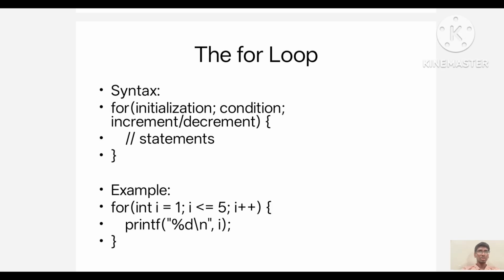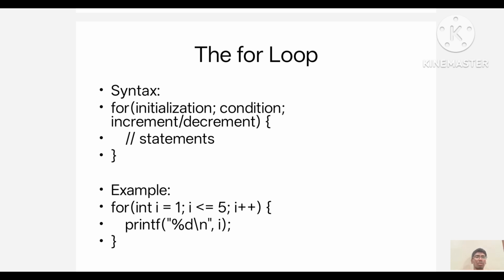The for loop is used when we know exactly how many times we want to repeat a block of code. It consists of three parts: initialization, condition, incrementation or decrementation. The syntax of the for loop is: for (initialization; condition; incrementation or decrementation) { block of executable statements }